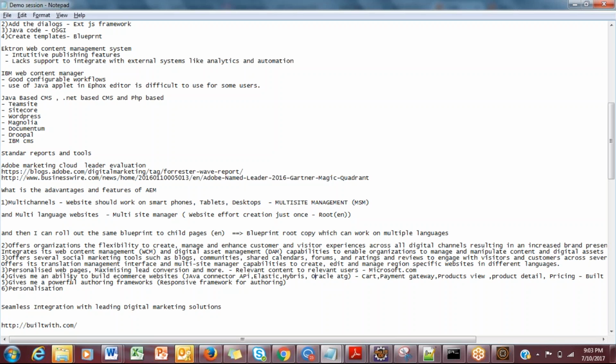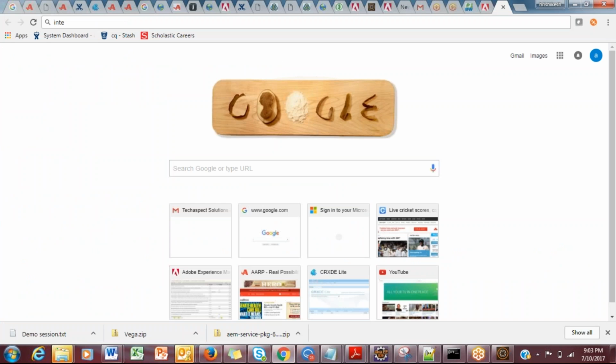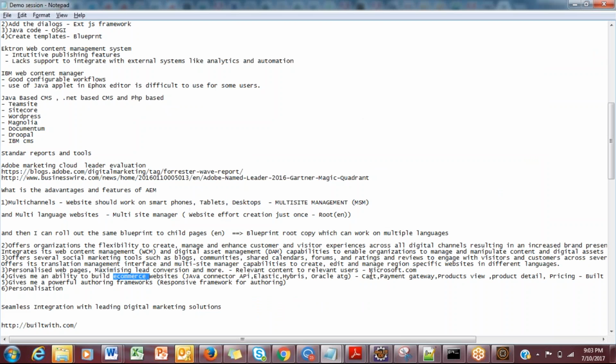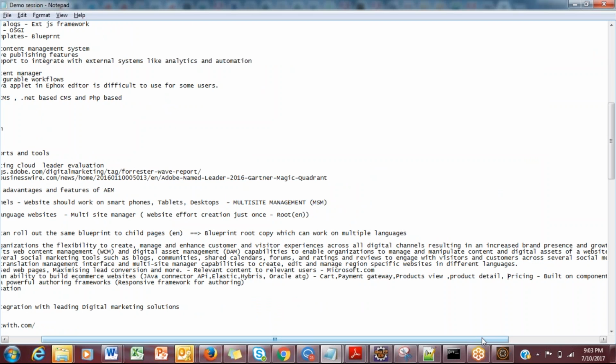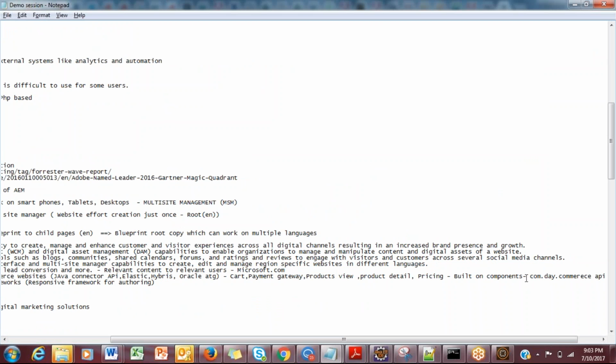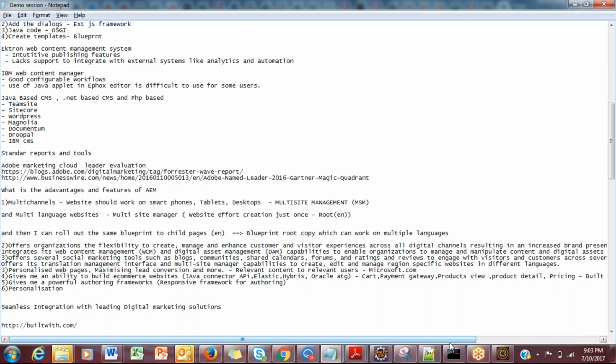So that is the point I've added here. It gives you a powerful ability to build e-commerce websites with ease, wherein you have the cart, payment gateway, product view, product detail, pricing, which come in as built-in components. Which API do I need to use to have this? It's your CQ Commerce API, which you will understand as we go through, right?